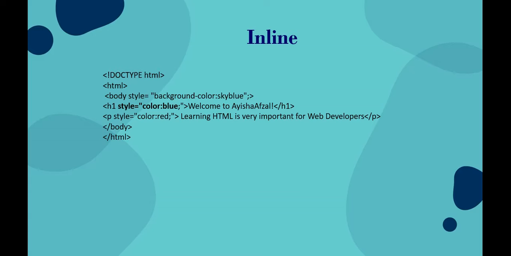Okay, how to style an HTML tag using the inline method. The inline method is if you want to style one tag. For example, here I am defining a heading tag, h1. If we want to style this h1 tag, I can simply give the attribute called style. Inside that attribute, what style do I want? I want to style my color. I want to display this h1 tag in blue color. If you want to display this h1 text in blue color, use the style attribute and color colon blue.